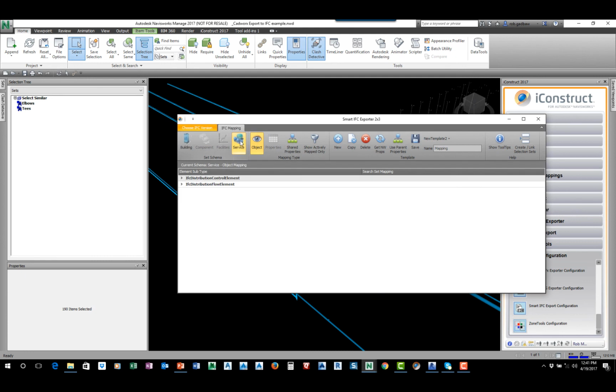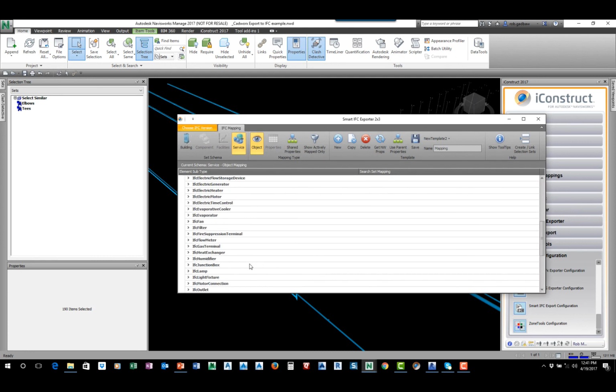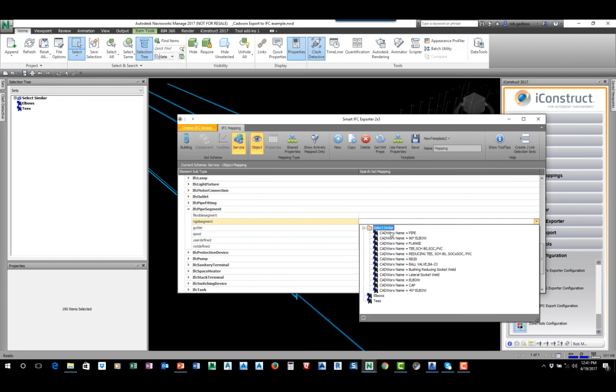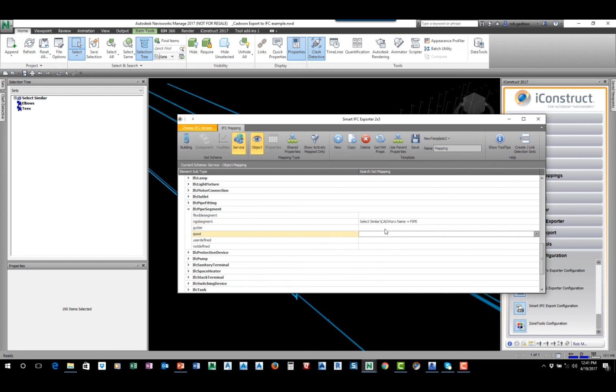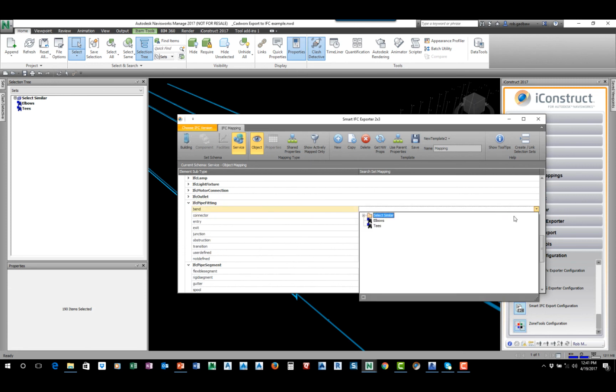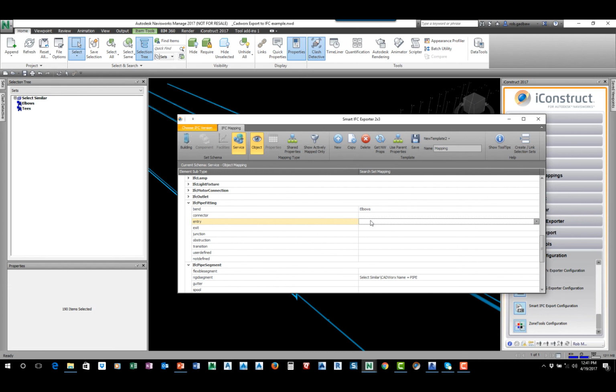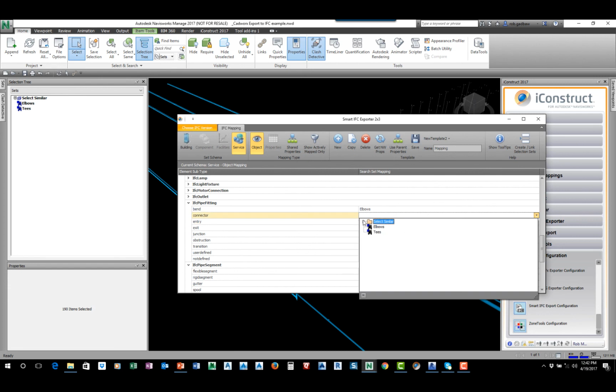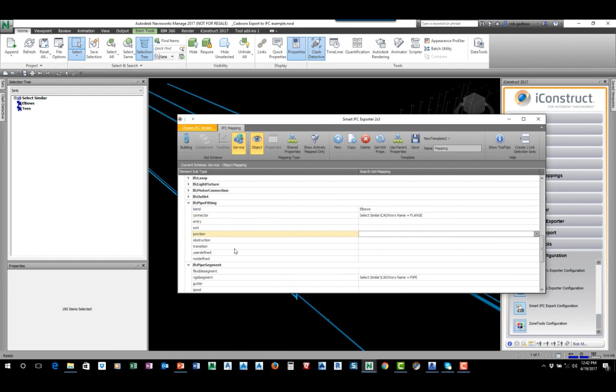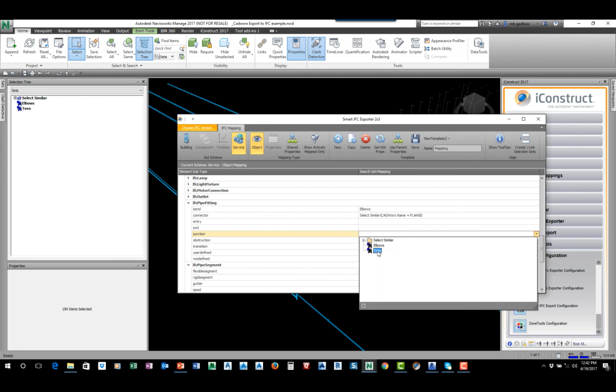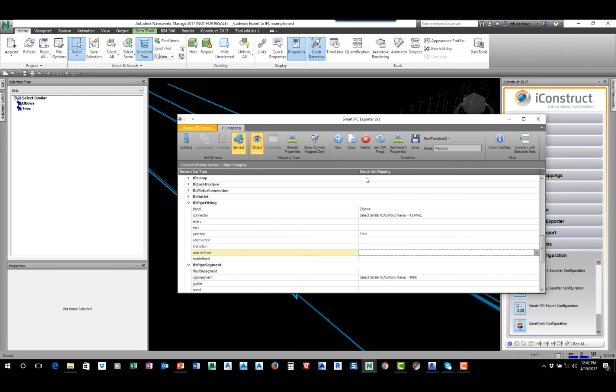So how I do that is I go in here and I do some mapping. So if I come down here, I've got IFC pipe. I'm going to say, yeah, I got some pipe here, and I'm going to use this selection set that I've got set up for pipes. Then I'll go up here to fittings, and I've got some bends. Let's go in here, and I'll grab some elbows. And then I've got some connectors. Let's go in, and I've got a flange set up there. Let's go down to a junction. Let's put in T's. Okay, so on and so forth. So you'd map these out. Okay, so I'll save it,